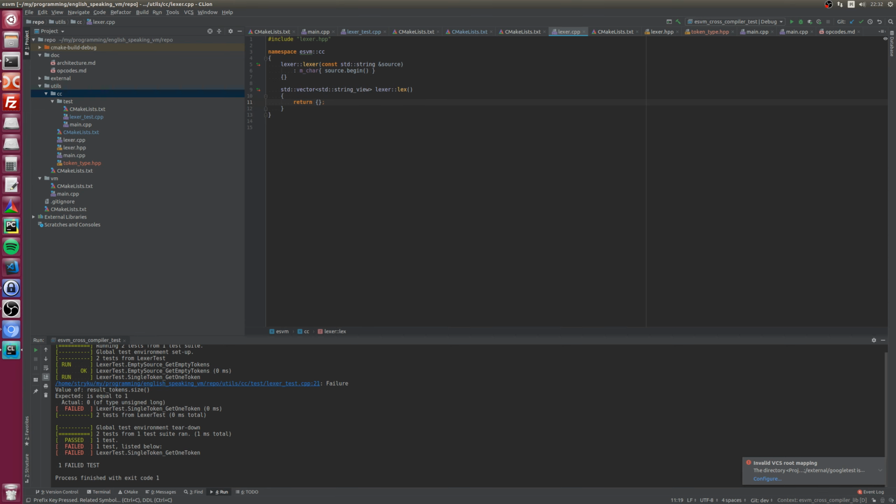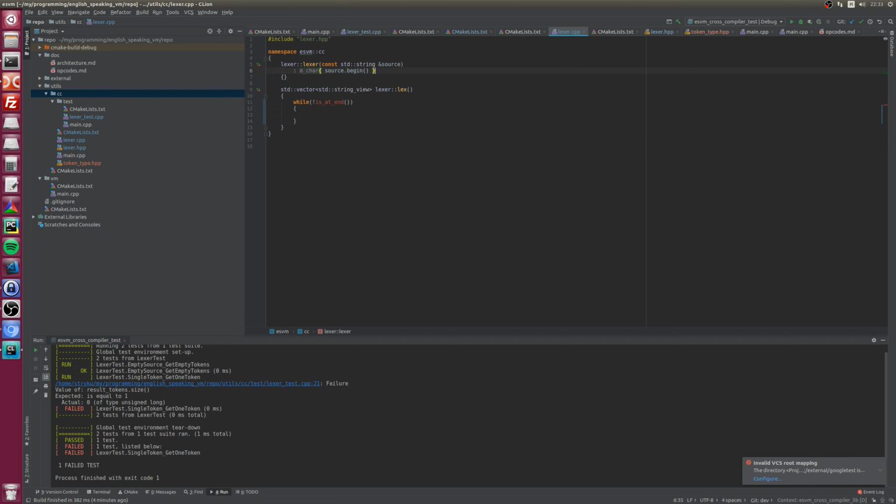Now let's just implement a switch for now. Now there will be a loop while not at end. So let's now implement that function, but to implement that function we need to actually store the end.